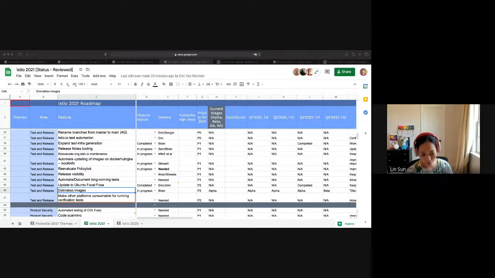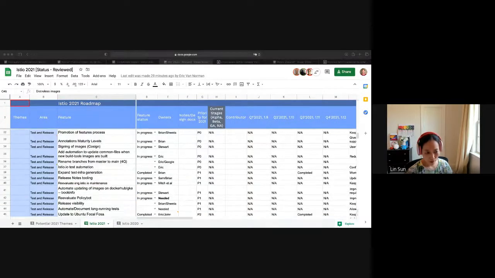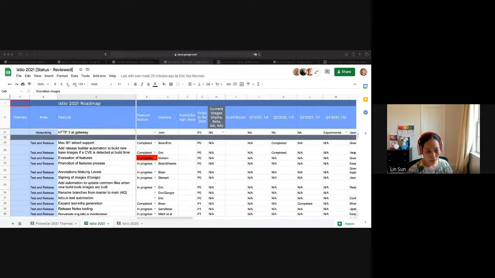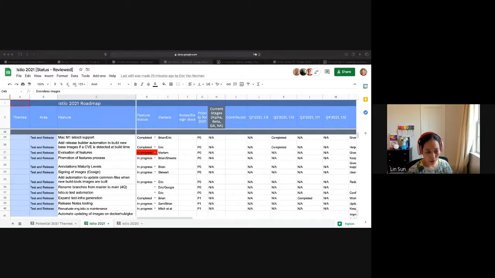Yeah, that was my comment too about distro list. If you look at the features that are user impacting from build, test, and release, distro list is very high on the list. I think the other one that's user impacting is the istioctl support for Mac M1, because we have users getting onto M1 now, I assume.